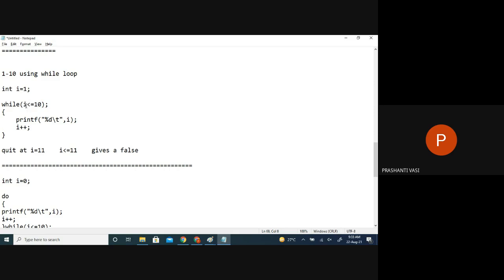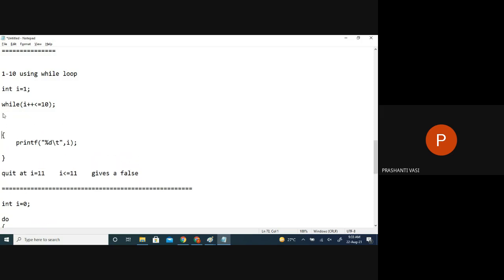But if I write here itself I plus plus, let us say, I will remove the statement here. So it's not a part of the while body. Now we said I plus plus, post increment. So I value is 1, less than 10 is true. But again, when it comes back, it is already updated to 2. So it goes on checking the condition 10 times. The 11th time when it comes, 11 is less than or equal to 10 is false. Then the loop will break. Once the loop breaks, it will execute like a normal statement.